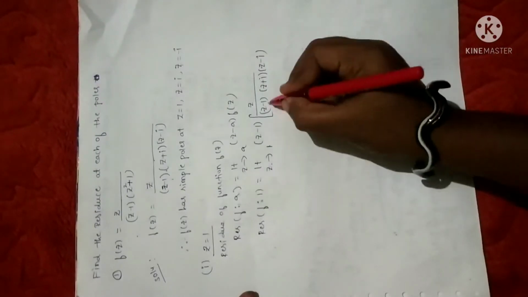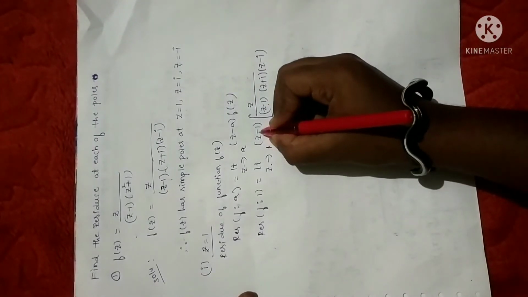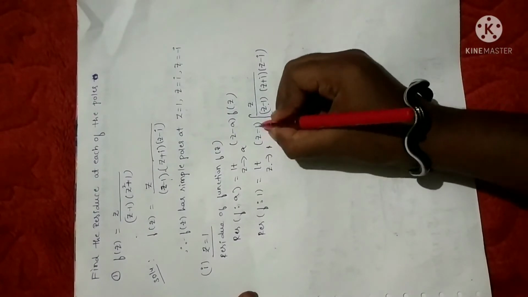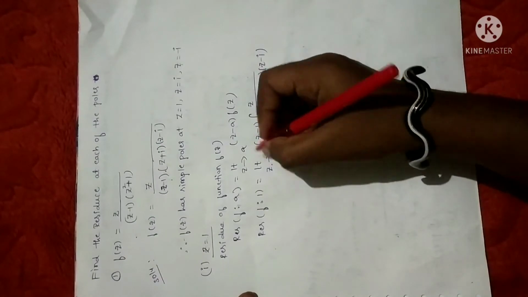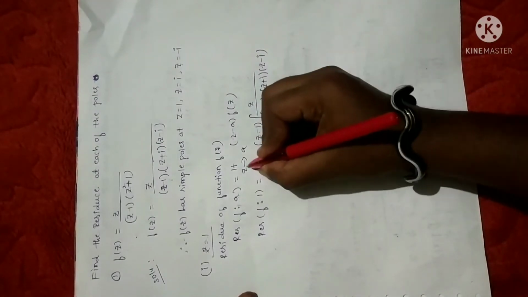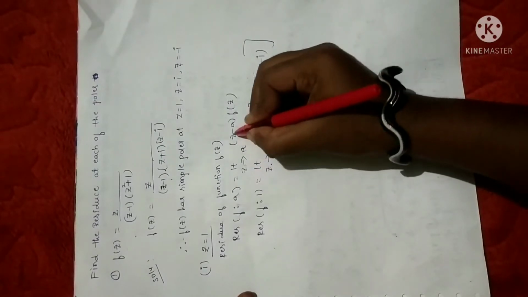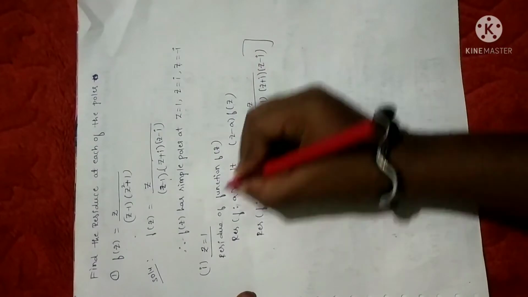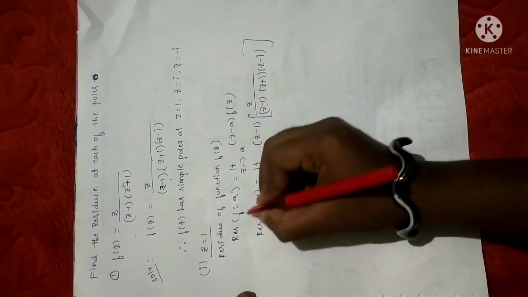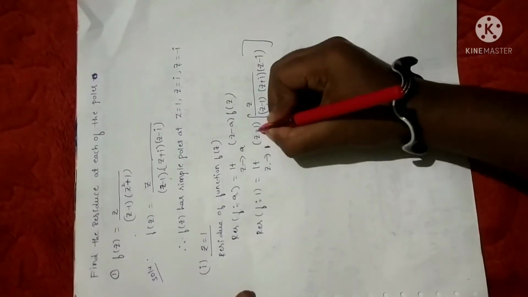Now replace z with 1. As limit z tending to a, what I have done is just replaced a with 1. Before substituting the limit, you have to be careful. As we already substituted a for the value, meaning a value is 1. Clear? So I just replaced a with 1 here, but you should not substitute the limit in the problem yet.